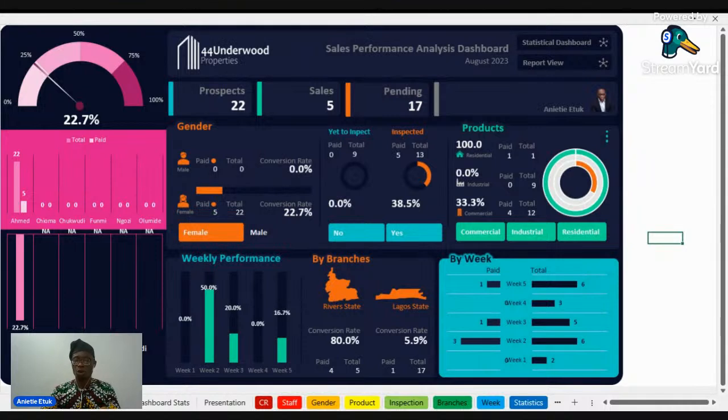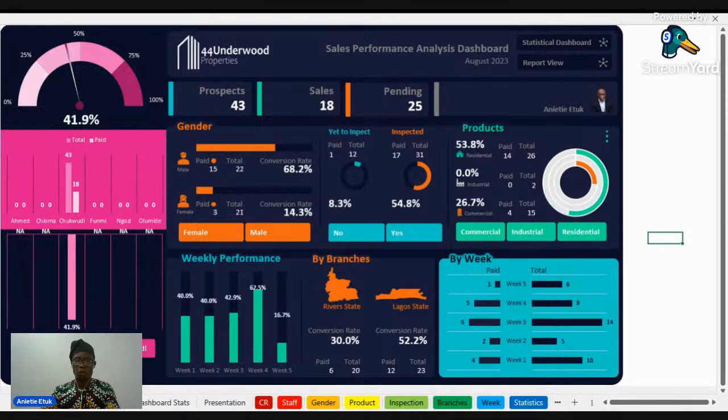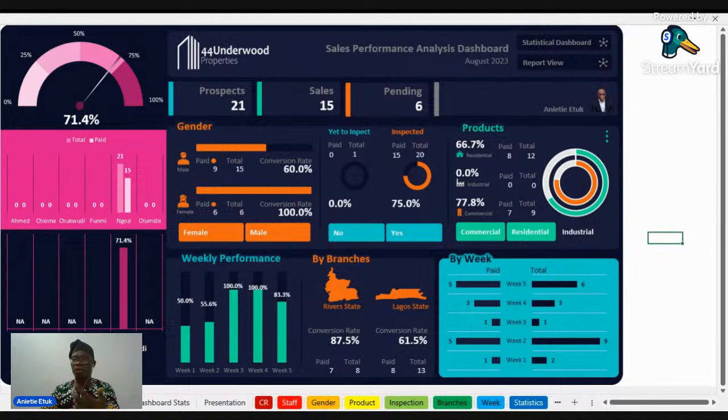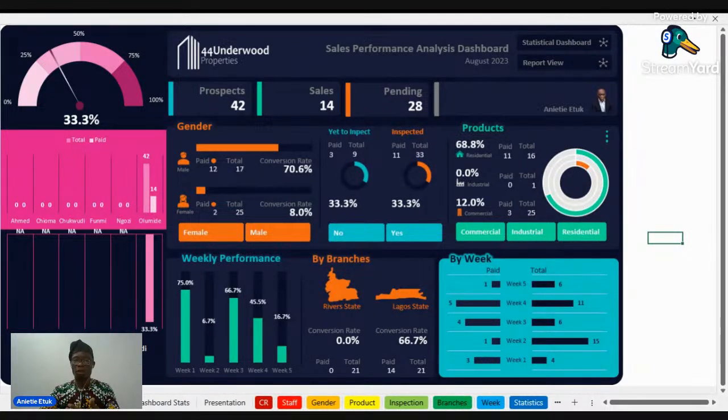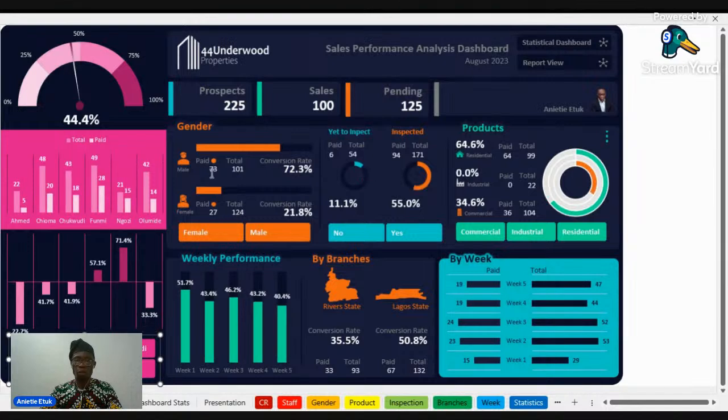So if we go through Chioma, we can see the percentage in Chioma, in Chukwudi, in Fumi, and then Ngozi that did the highest performance, and then Olumide. Then if we slice the data through, so this is why Ahmed did not perform very well. It's not because Ahmed is bad, that's one thing I told them, but it's because of this.